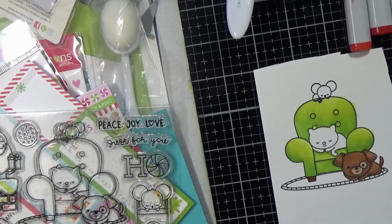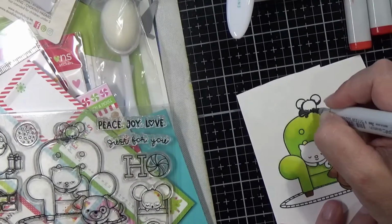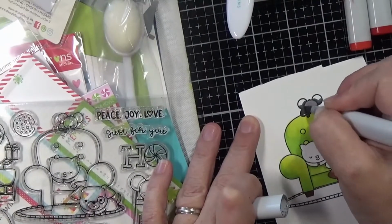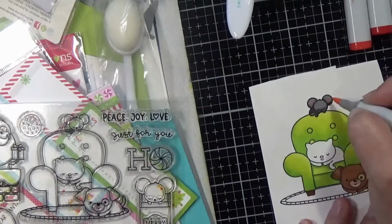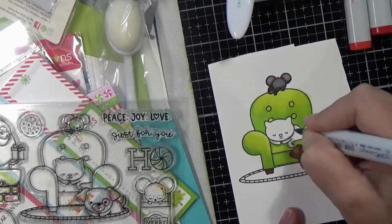After I get done coloring it, then I will just fussy cut that out, and I will pop it up on some foam tape. Then the little Dear Santa letter, I also pop it up on some foam tape on the front of our card. So I hope by showing 3 different techniques, Copic coloring, ink blending, and then just using the pattern paper and the accessories that came in the kit, is a good representation of the different things that you could do with